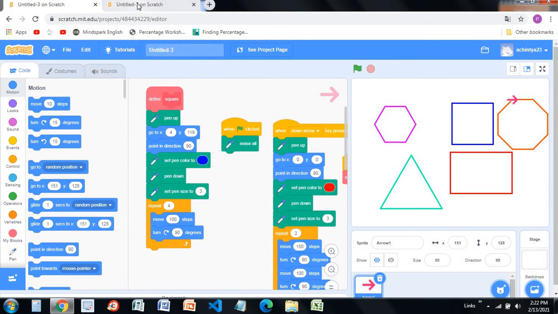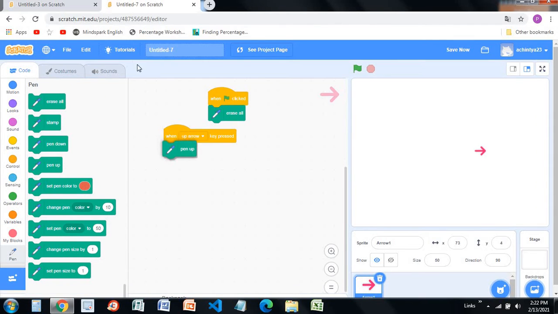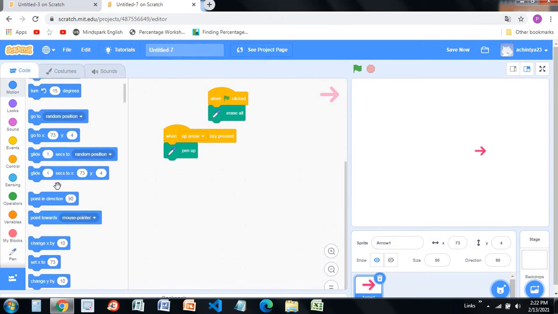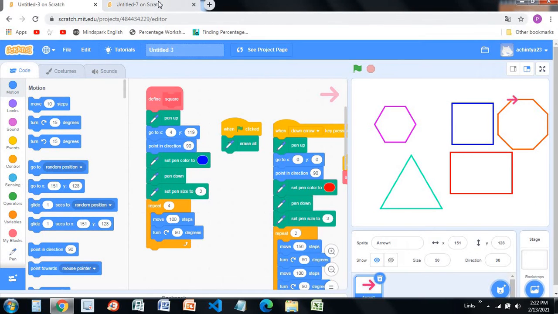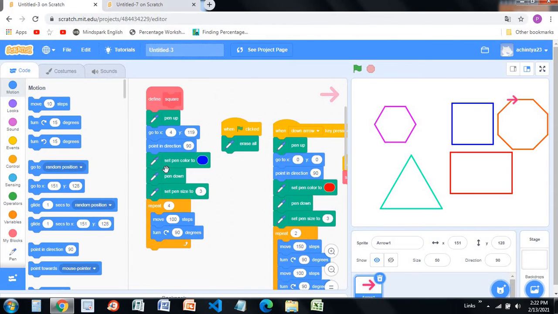And the square definition is this: go and pen up, drag and drop pen up, then you notice go to 4, 199, go to 4 and 119. It's going to go here. Then point in direction 90. We want it to point in direction 90 so that it draws straight.